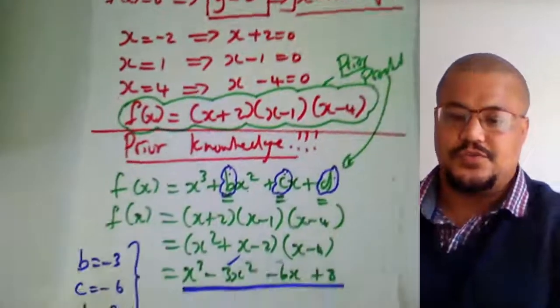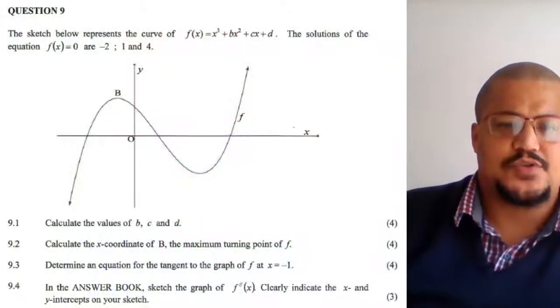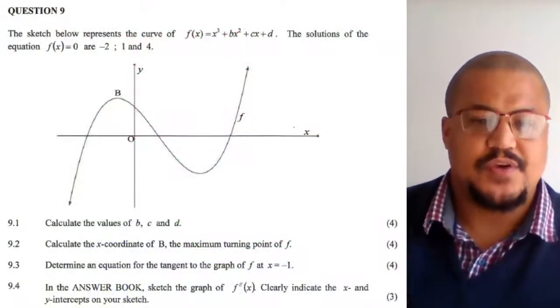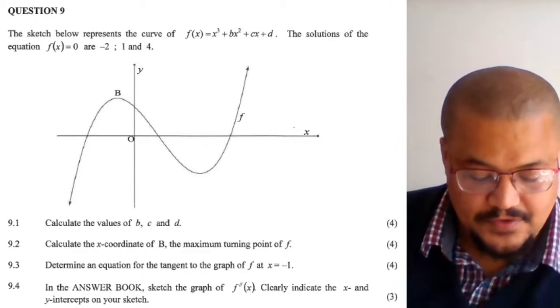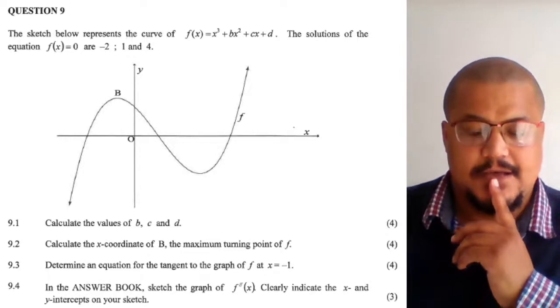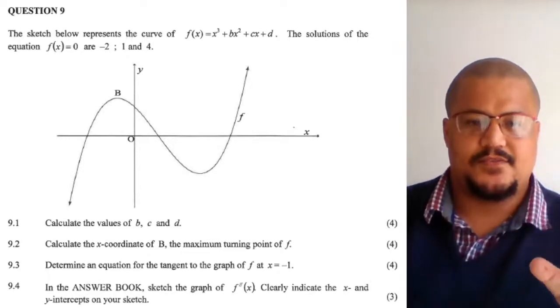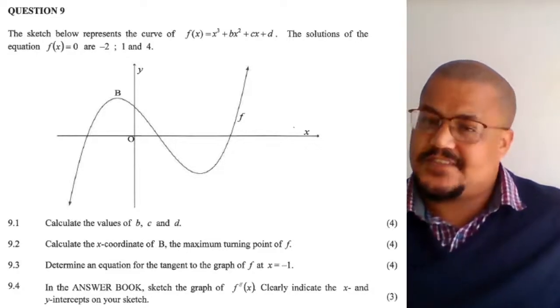So I will then move on to the next question, and the next question is 9.2. So the next question asks us to calculate the x coordinate of B, the maximum turning point of f. So when I calculate x coordinates, I need to first ask myself, now again the